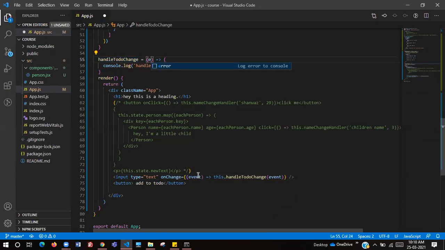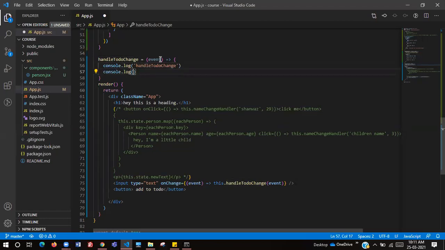Here you can take any name you want. Okay, or here also any name you want, and let's console.log that event.